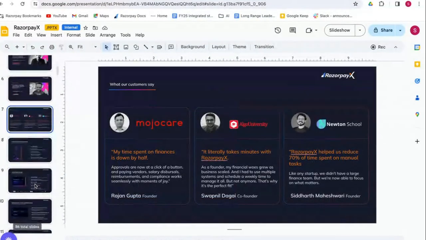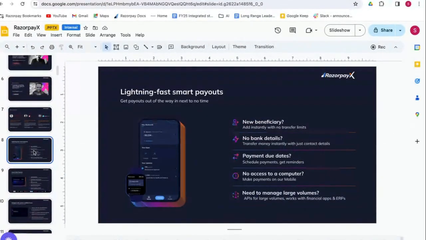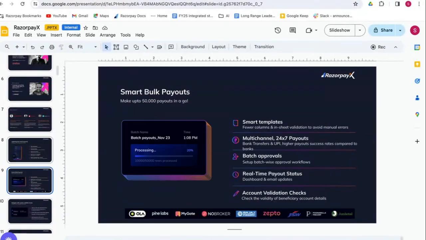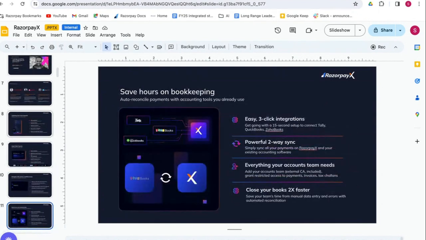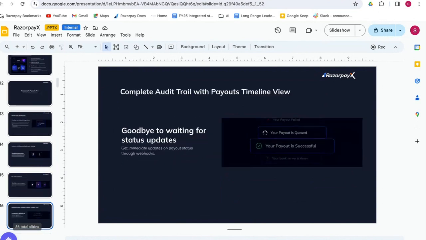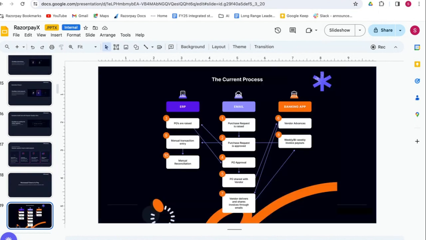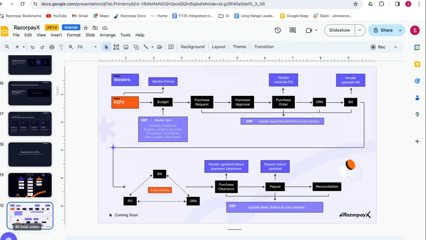Business Banking Plus is a current account powered by RazorpayX, which provides them with multiple features like lightning fast, smart payouts, smart bulk payouts, accounting integration and bookkeeping. जो वो current account use करते हैं, on top of that current account they can use all these features from RazorpayX dashboard. और जो source to pay है वो उनका account payables process manage करने का platform है, vendors को manage करने का, PO raise करने का, invoice process करने का,